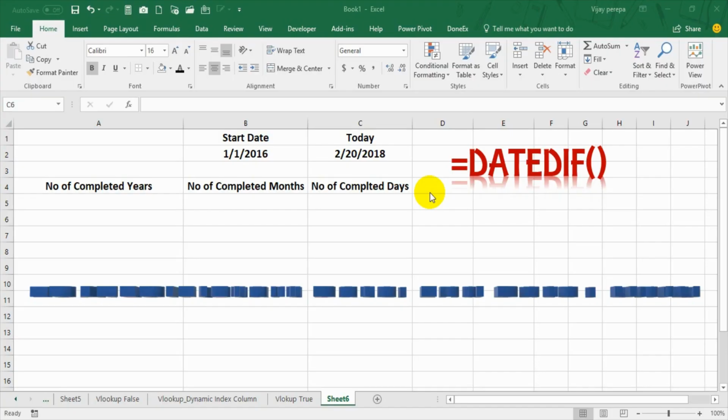Hello friends, in this video let us understand the date difference function. Few may call it DATEDIF, the way they call SUMIF or AVERAGEIF. We must call this DATEDIF. The reason is the function is giving you or returning the difference between two date values either in years or